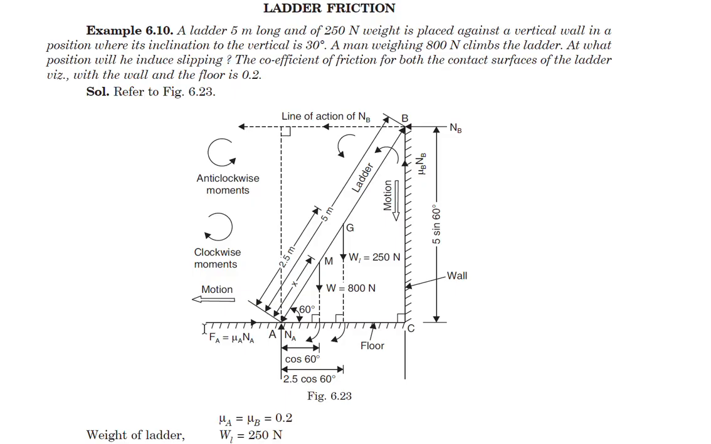Considering that Na is the reaction at point A, which is vertical, and mu A into Na is the friction force acting in the direction towards the wall. And here you have reaction NB, and because the ladder has the tendency to come down, the friction force will be acting upwards, which is mu B into NB. Now we will solve this